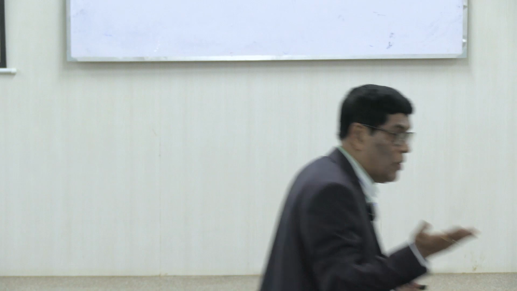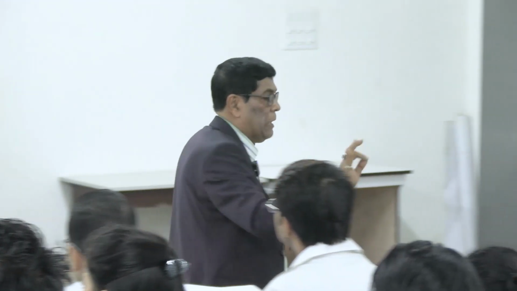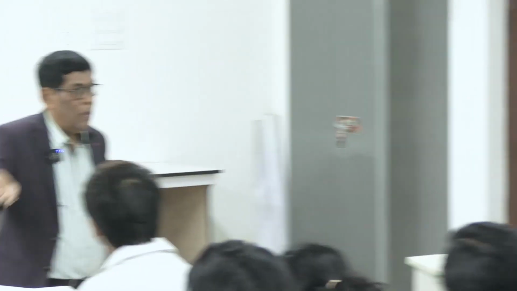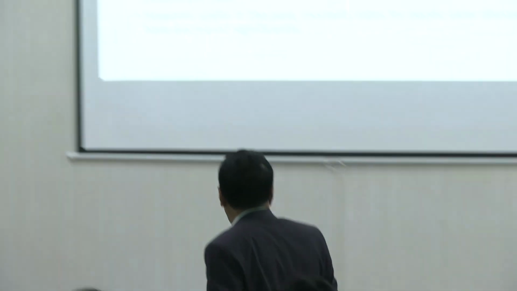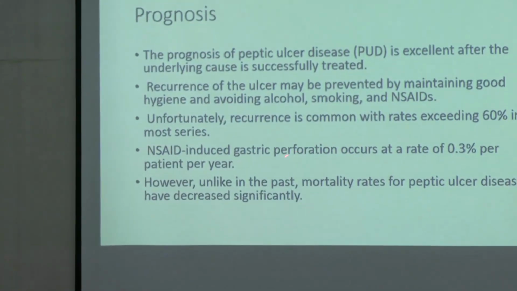Obviously it is bad. How bad is it? I told you in the foundation course also, 25% of decompensated cirrhosis of the liver patients do not live beyond 2 years. That means one quarter of the patients will die within 2 years. This is bad prognosis. In contrast, in peptic ulcer the recurrence rate is quite high, and